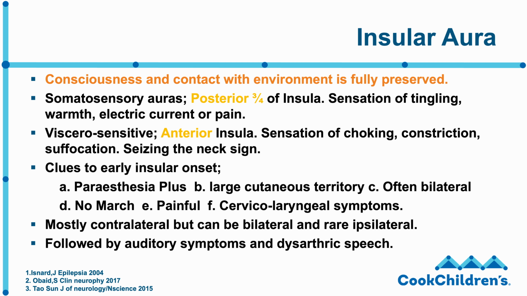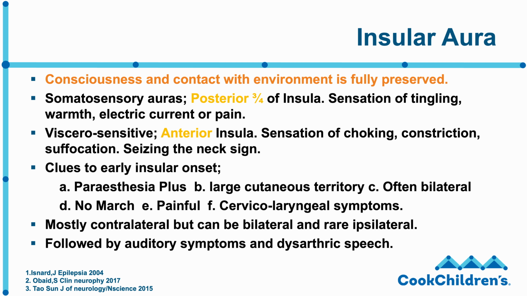Often the paresthesias can be associated with gustatory or olfactory auras. They often cover a large cutaneous area. They are not dermatomal, as you would expect with primary sensory cortex or parietal seizures. They are often bilateral, and there is no Jacksonian marching with these sensory symptoms. They can be painful, and there is often a cervical laryngeal symptom. The seizure can involve the mouth and the throat. They can be mostly contralateral, but can be bilateral, and rarely ipsilateral, and are often followed by auditory symptoms